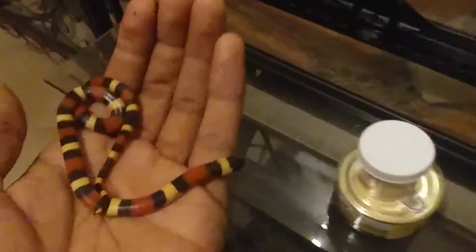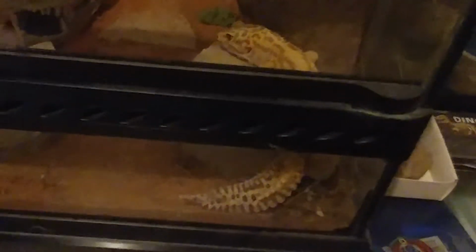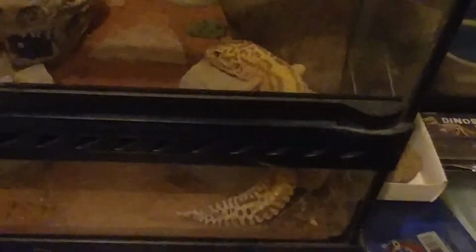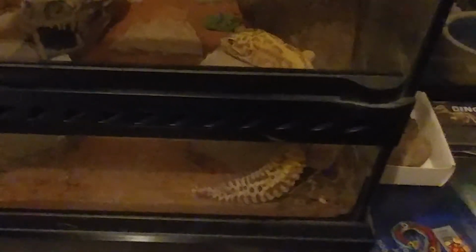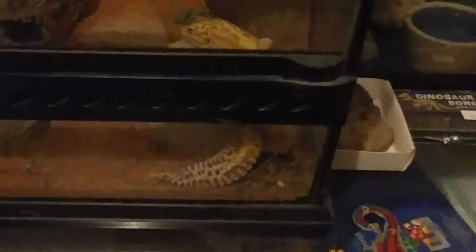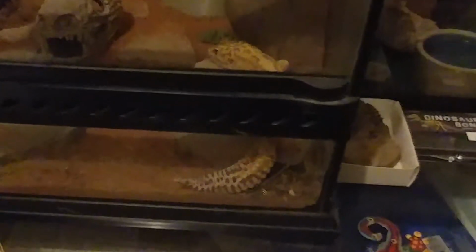One of the downsides is these guys are pretty pricey. But I mean, for Gex right here, I paid $250 for this guy. I'm not even going to lie. He's a bold striped bell albino leopard gecko. Even though I'm not a guy who usually goes for morphs and this gene and that gene, even though the idea of it is pretty cool,